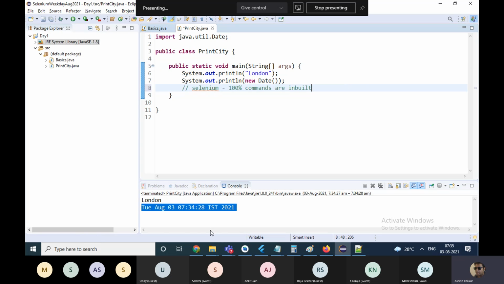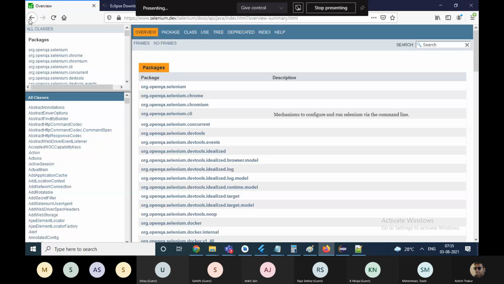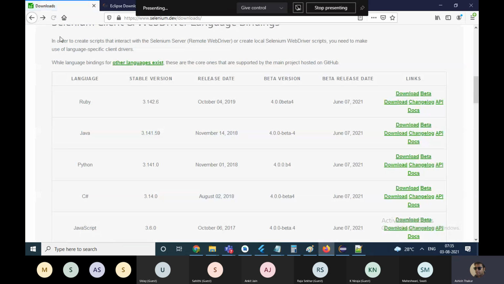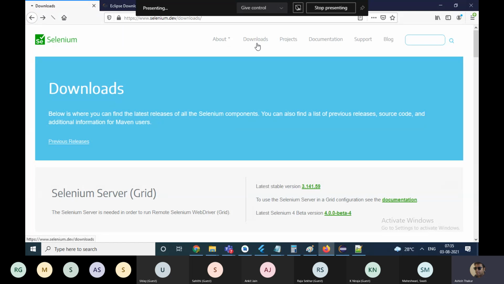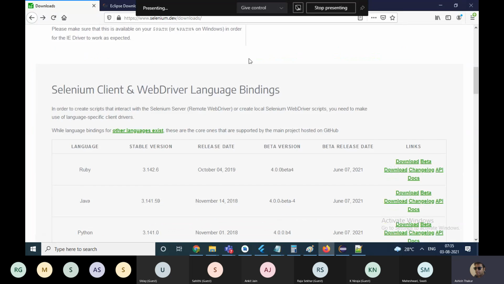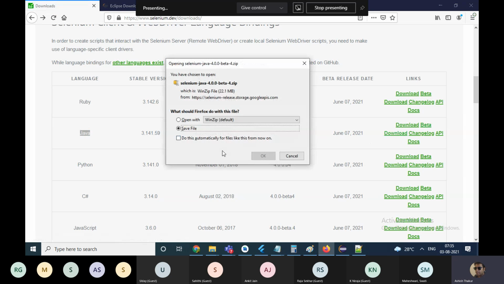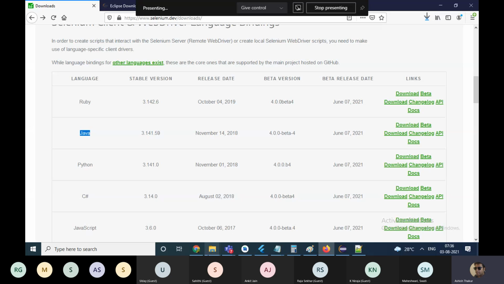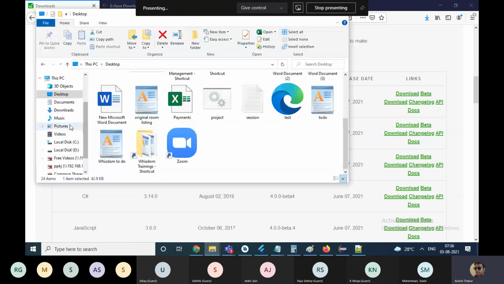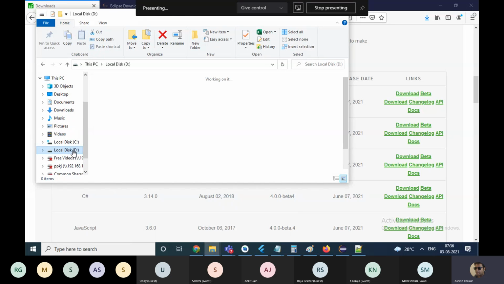The only thing is that you just have to go to the Selenium website, go to the download section, scroll down, see the Java version, and click on the beta download link. The jar files will be downloaded onto your PC, and once they have downloaded, you can extract them.